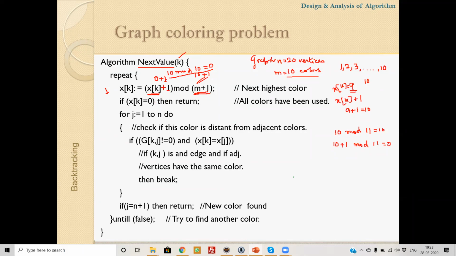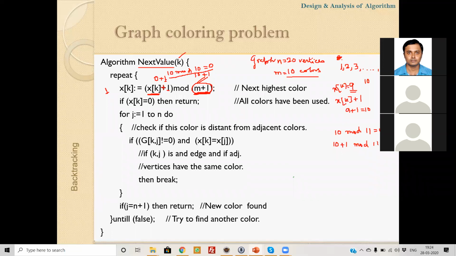So that's why, not to interrupt or break this loop at color number 9, if m number of colors are given, we should try up to color m. That's why m plus 1 is being used as a modulo operation. But if you implement it using the C programming language, then as the starting index, you can choose the first value as 0.